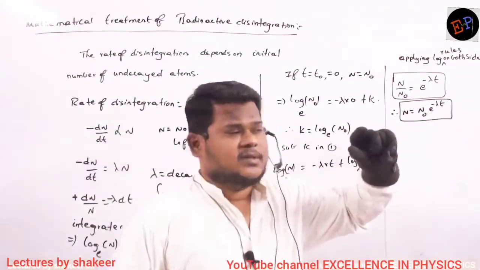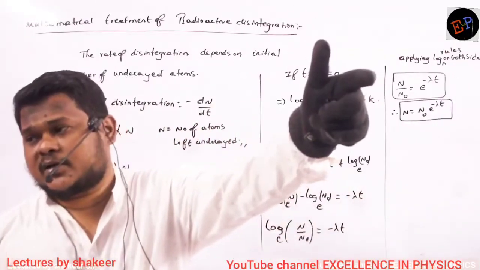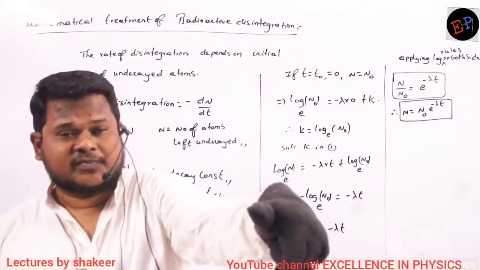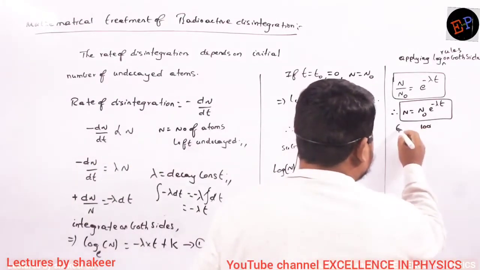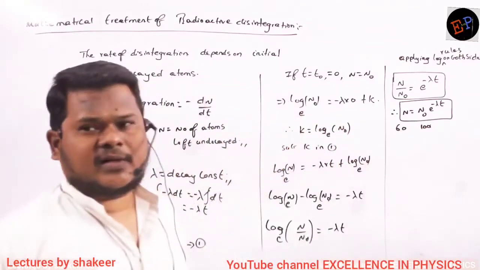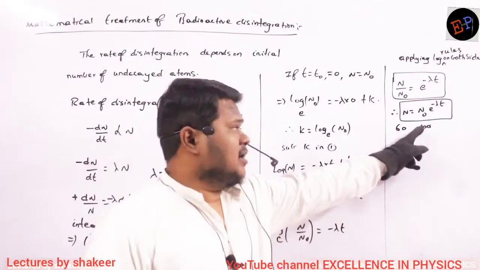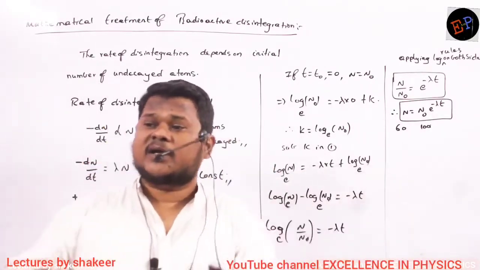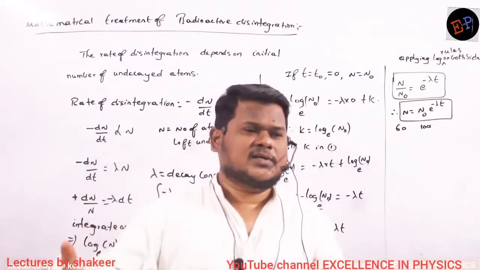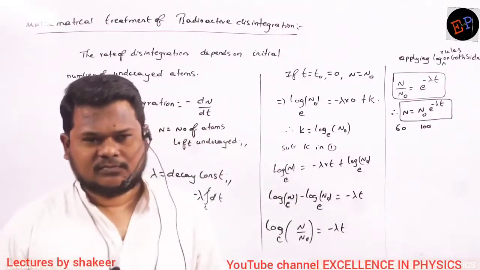t is the interval of time, no? And what is meant by n naught? Before that time, how many atoms were left undecayed? That is when you started observation. Okay? So for example, if I take this atoms as 100, and this atoms as some 60, what is meant by 60 and 100? When you started observation, the number of atoms left undecayed was 100. And after a time of t, how many atoms are there now? Only 60 atoms are there. It means 40 atoms have disintegrated, either they have released alpha or they have released beta. That is the meaning of this equation.